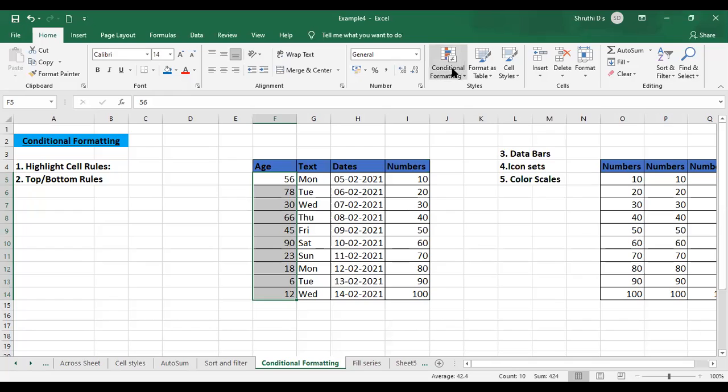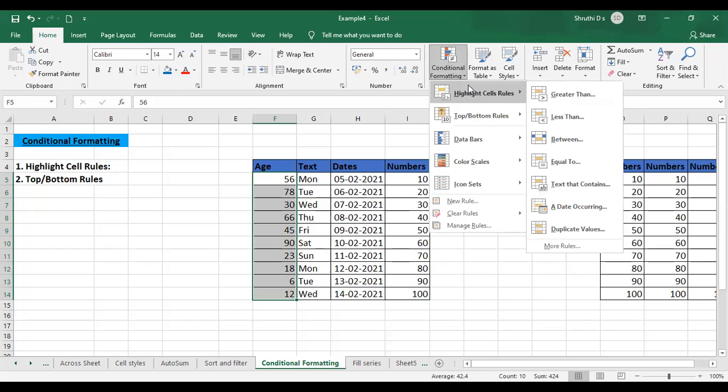Okay, so the conditional formatting option is going to provide us this. Once I click on conditional formatting and I select this first option, highlight cell rules, it contains different conditions that can be checked there.